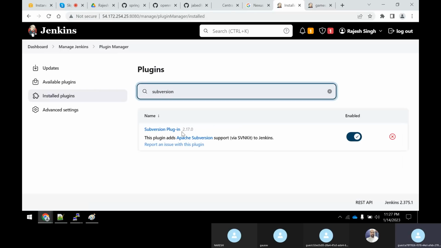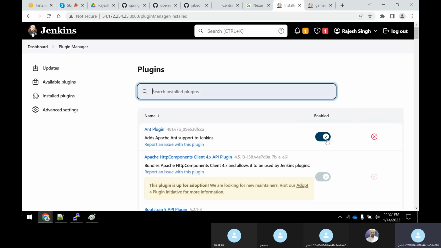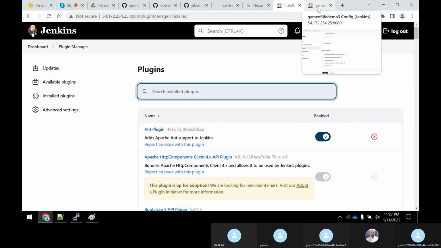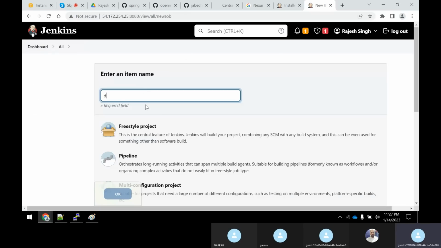That's the reason you're able to get it. If you uninstall it, that will go off actually. See, that plugin is not installed, right? Now, if you go here and try to create one more dummy project, a freestyle project, and say okay,